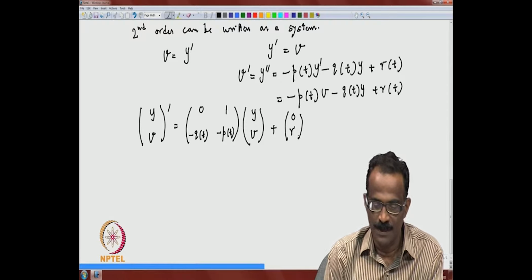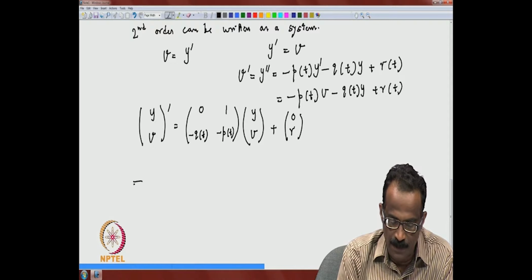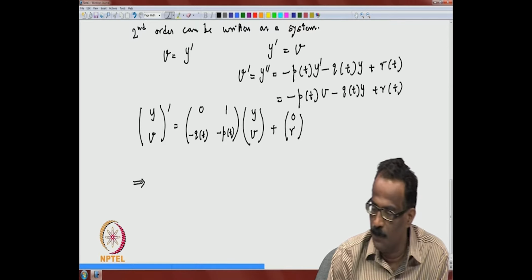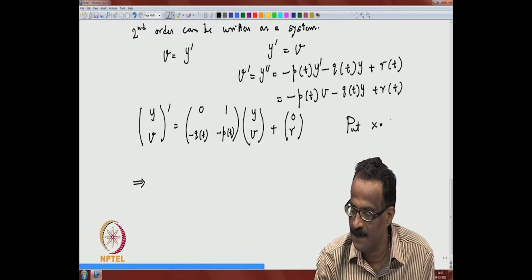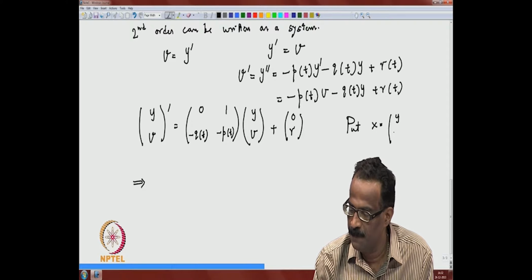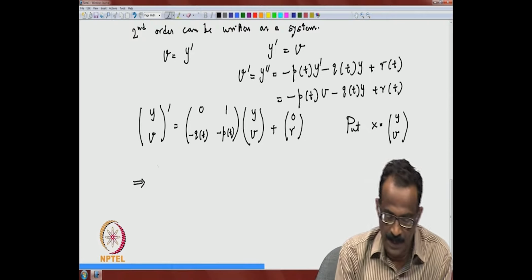So, this can be written in a nice form. Later you will see, if you put x as the vector y, v,